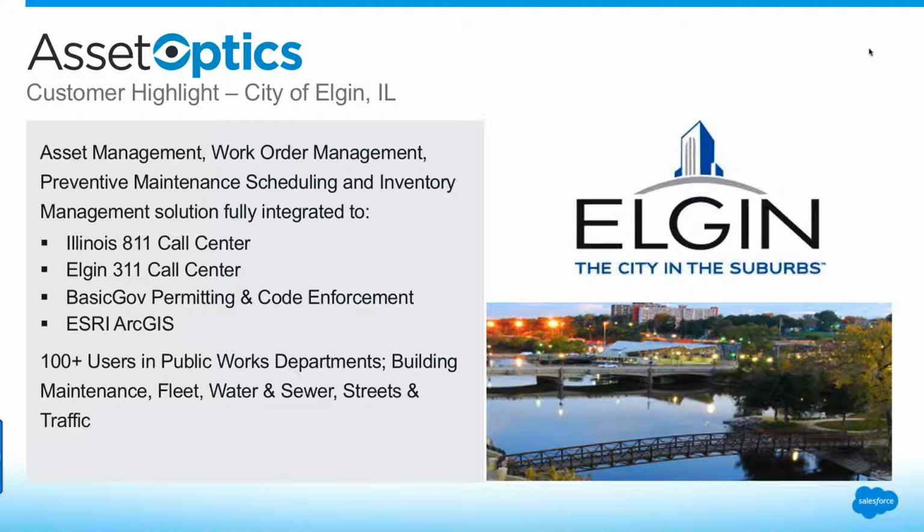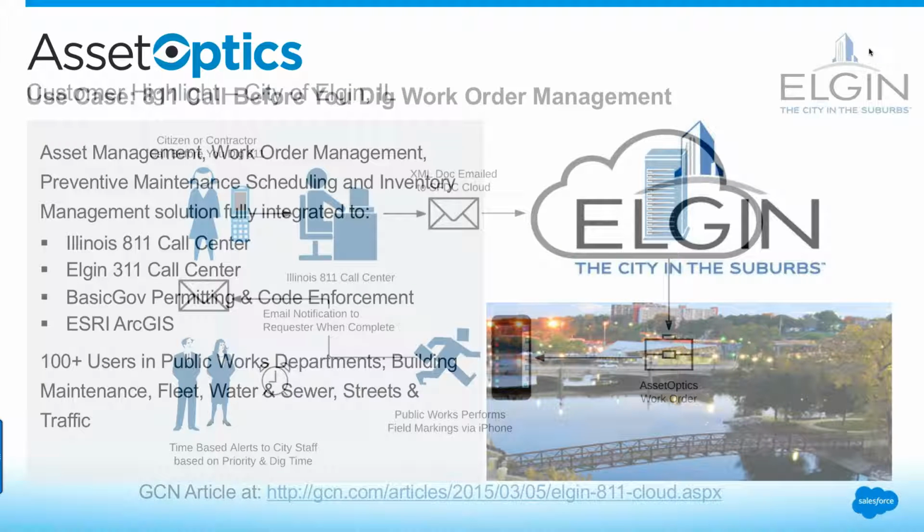Elgin implemented AssetOptics to handle all of the city's infrastructure maintenance needs for the Public Works Department. The AssetOptics solution is integrally tied into the 311 call center. So if a citizen calls to report a pothole, as an example, a case can be created. The citizen can also log this online through a citizen portal, as well as through a mobile app that can